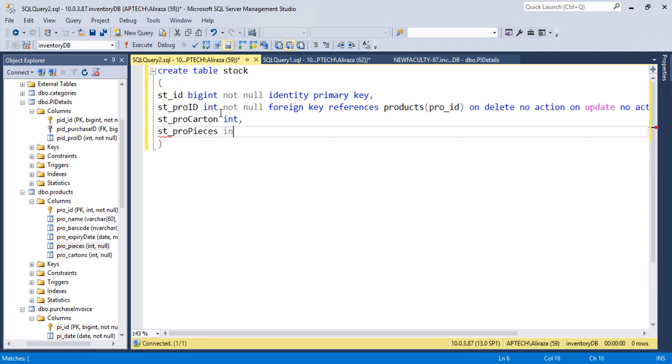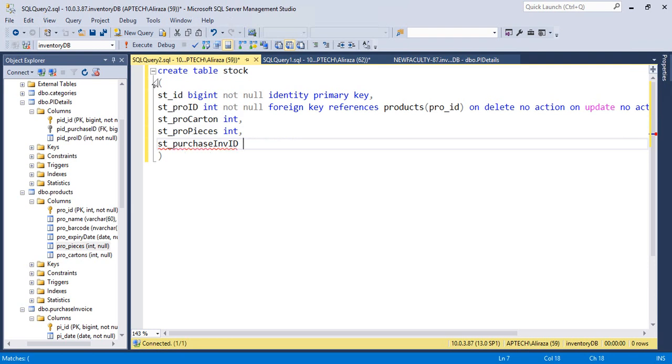Okay, so integer, but here do you have to specify the overall quantity? I think it's enough, but one thing you have to specify, that this stock belongs to which purchase invoice